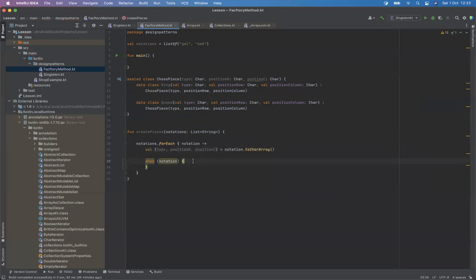So how are we going to check this? Now we can check the types, isn't it? Sorry. Type, so Q is the character. If it's that, I'm going to